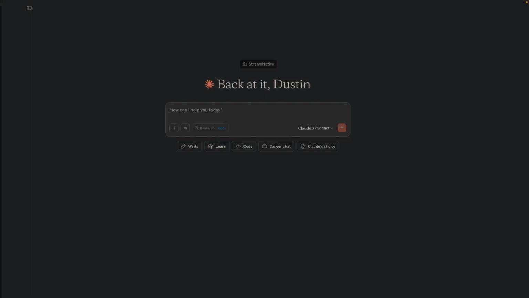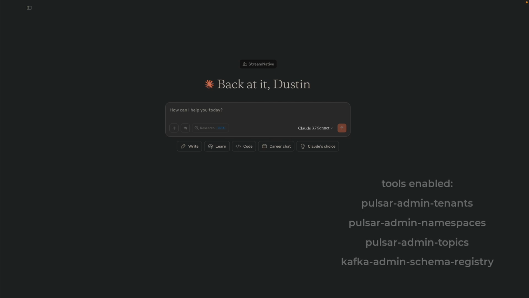Let's show how we can produce and consume messages using the Kafka client. We're going to be using an AVRO schema here through Anthropic Claude and using the StreamNative MCP Server. And since we're going to be using a schema and we're going to be using the StreamNative Ursa cluster, which